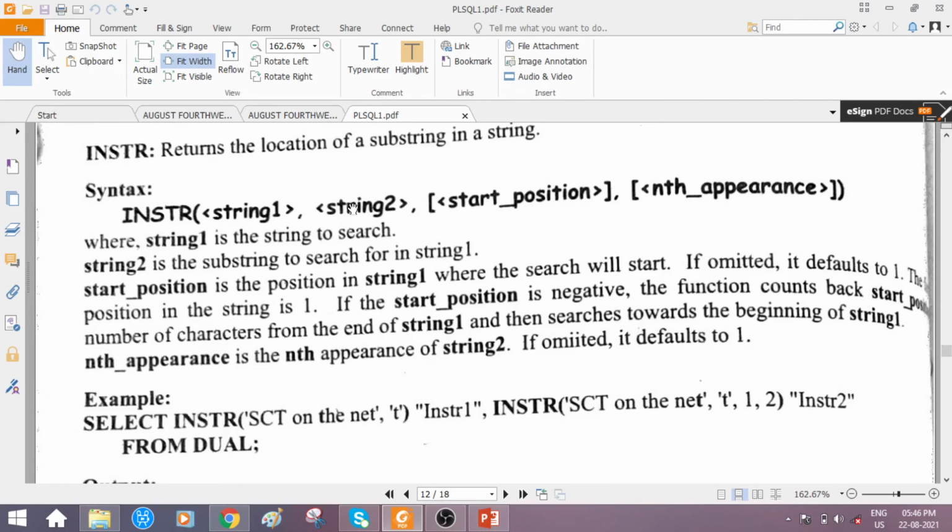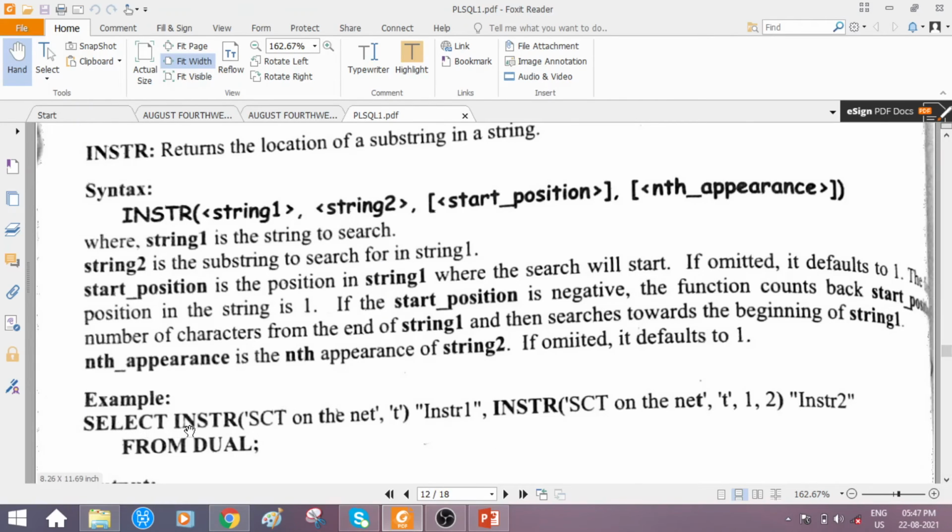So for example, let us assume that string 2 is existing in string 1. That is what nth appearance means. We have to search only one appearance in this original string if it is 1. If it is 2, we have to search for another appearance also in the complete string, where else the same substring is present, like that. Just check out the examples and you will understand it.